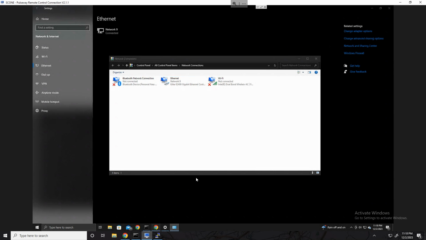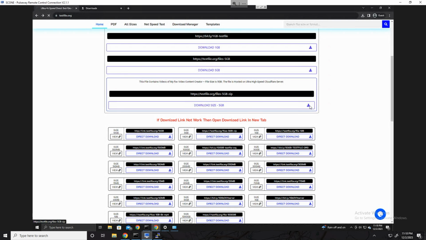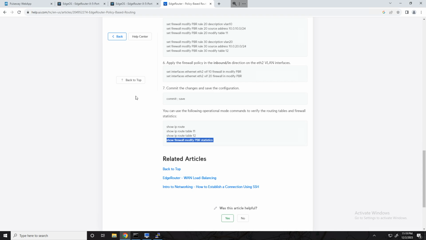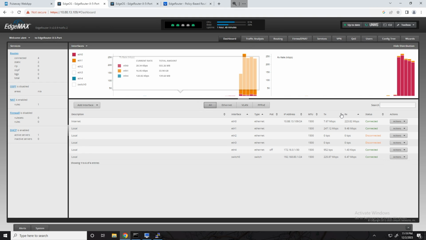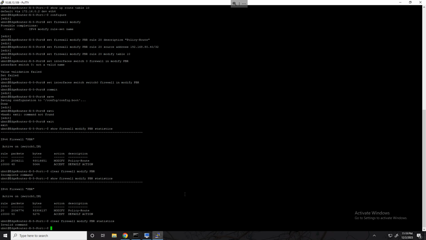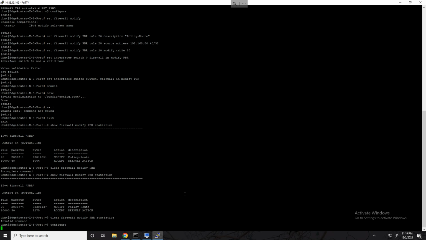out of that, and if we try to download that file again, because we did not classify either the whole VLAN or the IP .41 in our rule, this is now going to be back to using our Edgerouter 1's WAN address. And you can see our host PC is using the ISP of this router now instead of the second one. And if we wanted to change that, all we have to do is go into configure and modify our